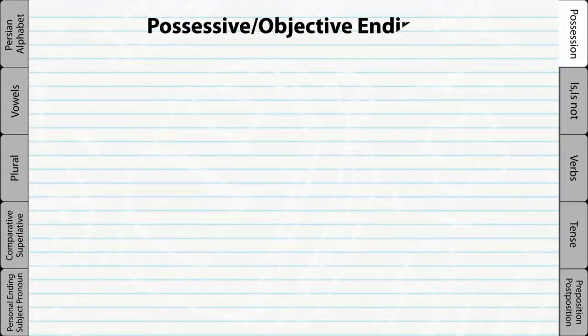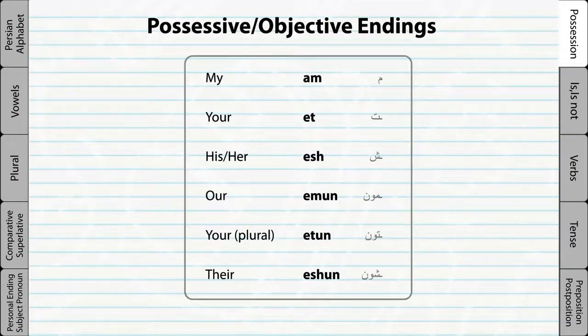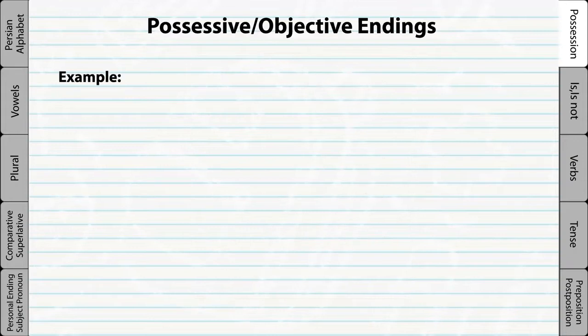These are the possessive endings in the Persian language. They are attached to the end of a noun to show possession. For example,